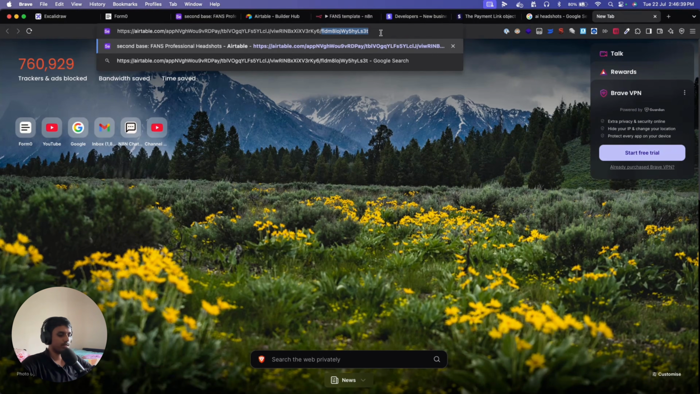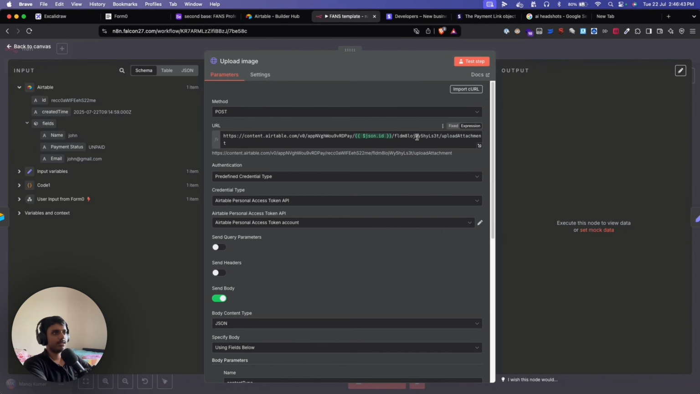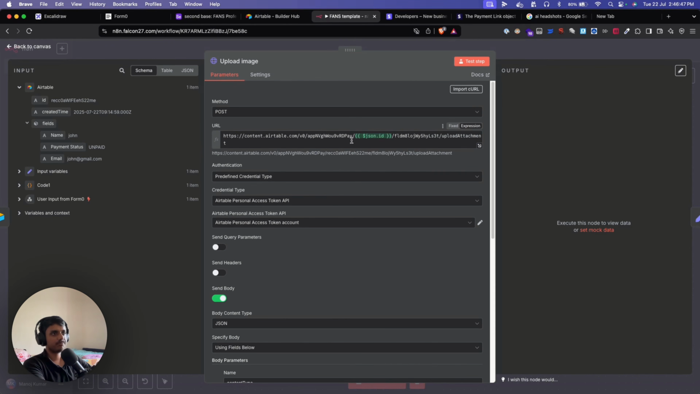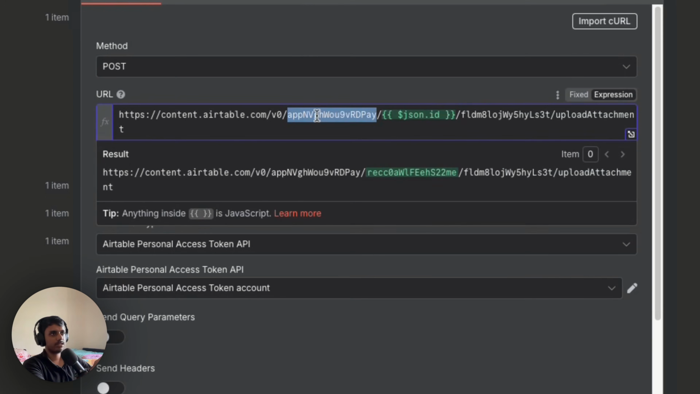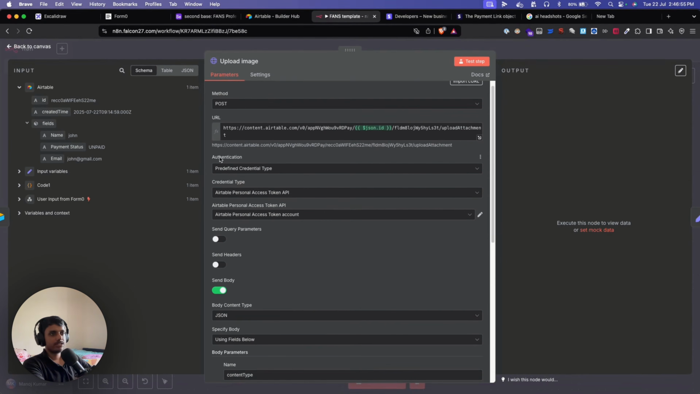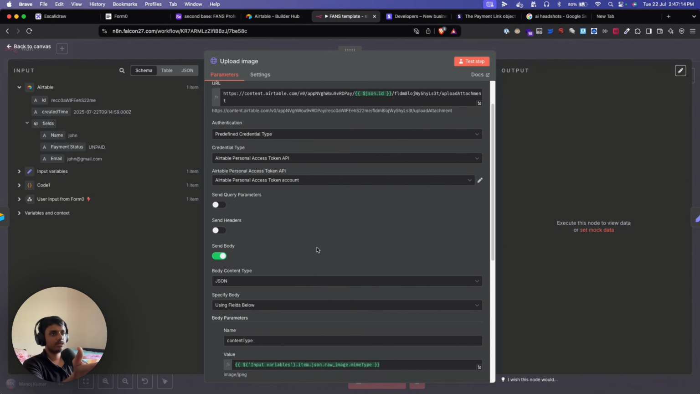Let me just copy that, and I can paste it over here, right? So this is the field ID, and then upload attachments. This is part of the URL. So all you need here is to update these two values, the base ID and the field ID, right? That's it. And then authentication as usual. You can just do that by built-in setup, right? Credential type, you can select the Airtable personal access token API,